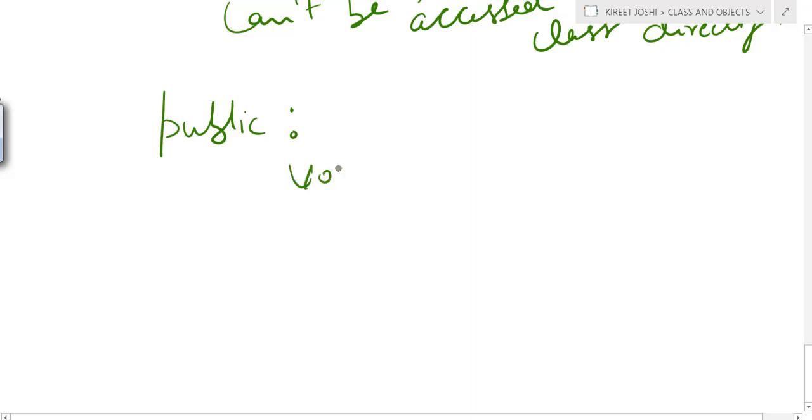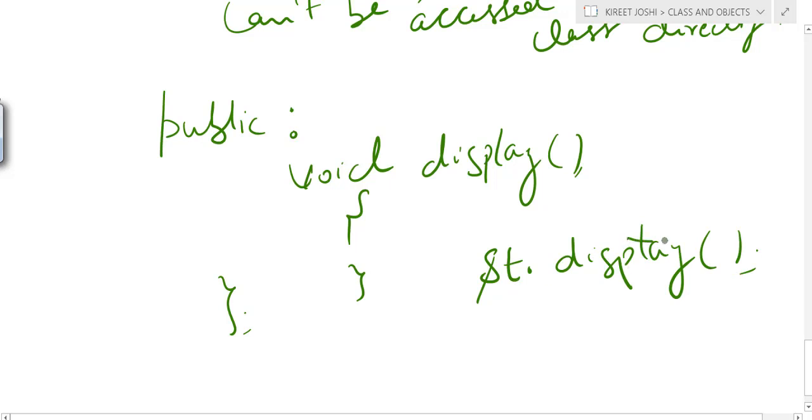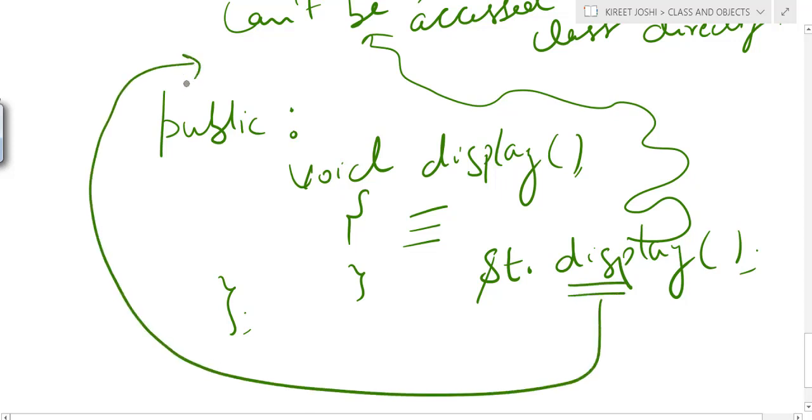So in the public section, if we write void display, and if this is a class, for example, now with the help of this object, we can access this display, and this display is indirectly accessing this particular roll number. If we have written the logic of this roll number inside this display, then this display can indirectly access the roll number that is declared as private, because this display is a member function of the same class to which this data member belongs.